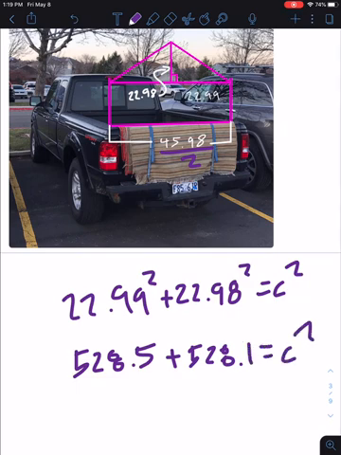So when you add those two together, 528.5 plus 528.1, you get